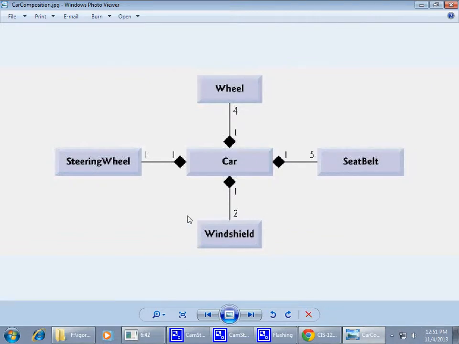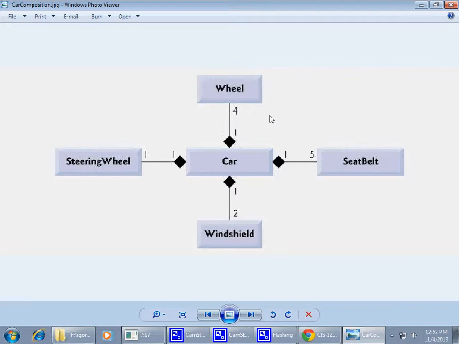Essentially, if you take away one of these, the entire subsystem that we're trying to show here becomes invalid, right? So essentially, the car will exist only if all of these components also exist around the car, and they're usable in some way. So that's what this composition relationship demonstrates. So sometimes the relationships are strengthened by introducing this composition